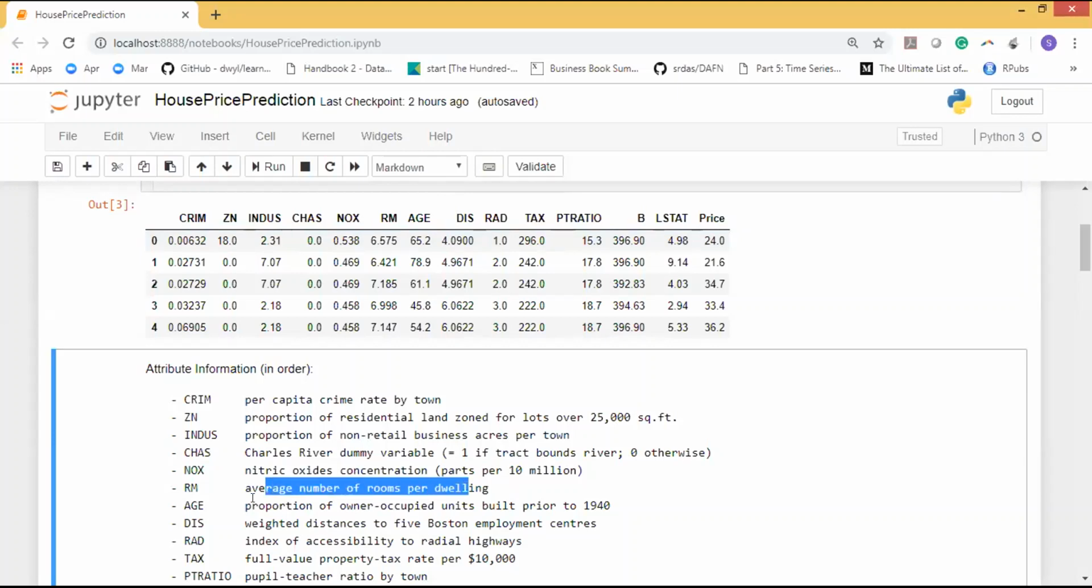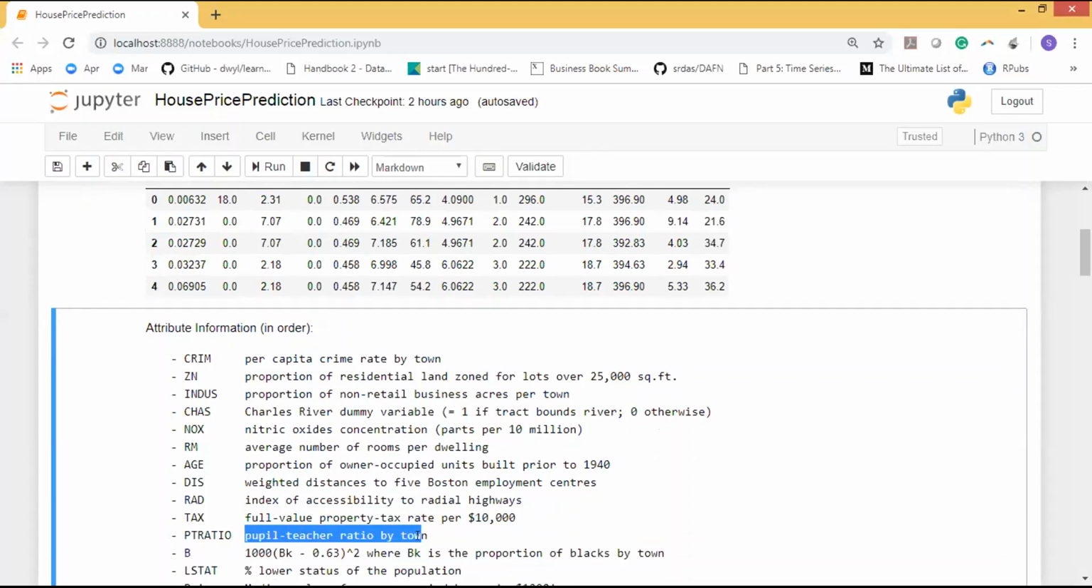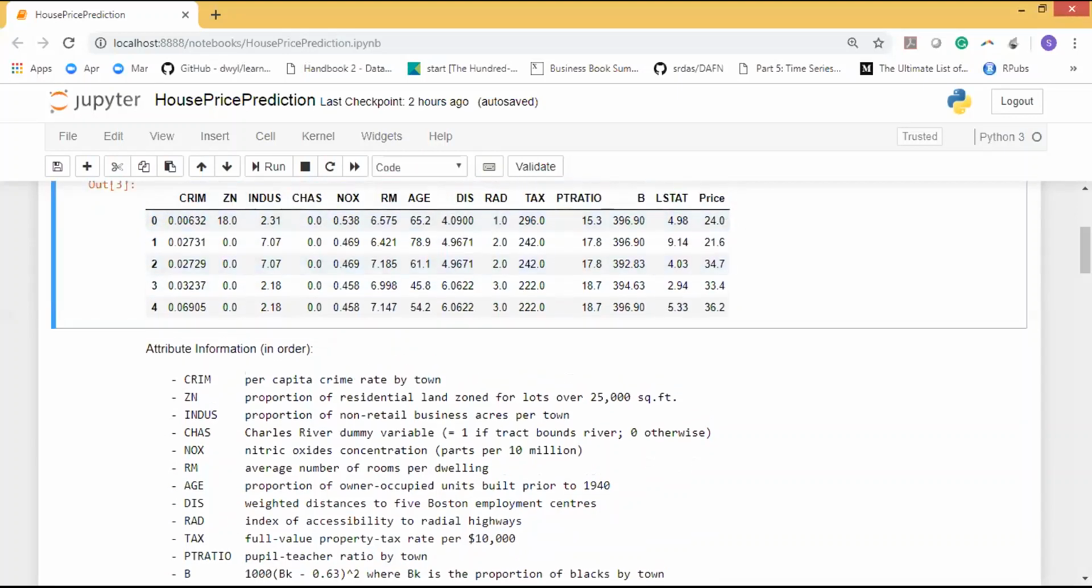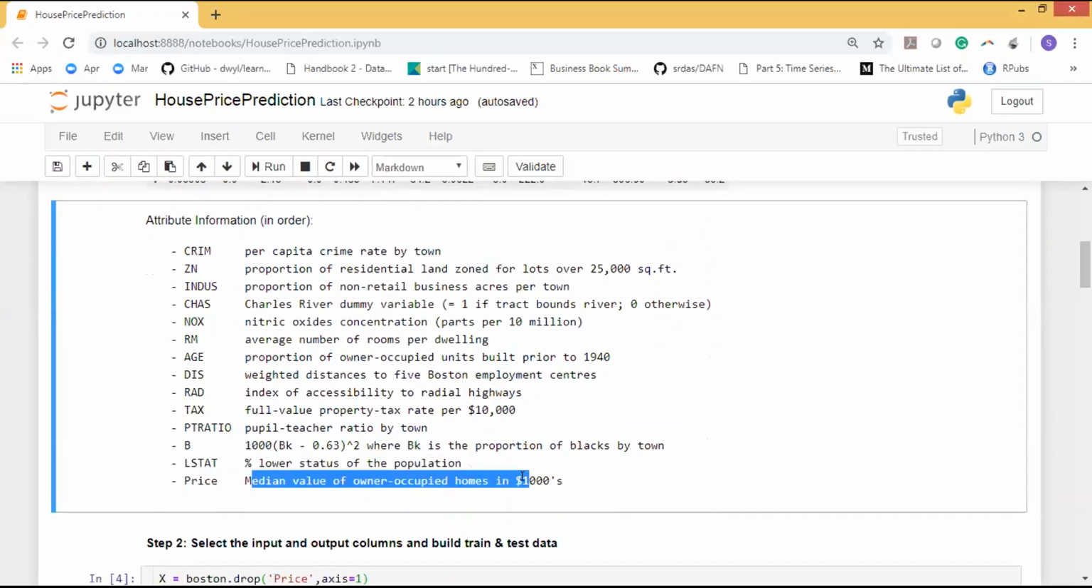Average number of rooms per dwelling, proportion of owner-occupied buildings, weighted distance of 5 Boston employment centers. So how far are you from different places? Indexes of accessibility to radial highways. So how far are you from the highways? Full value property tax and pupil-teacher ratio. So how is the ratio of education? So schooling in terms of teacher and students. These are all attributes that decide the price of a house. At the end of the day, all these attributes will decide the price of the house in thousands. Now the question is,